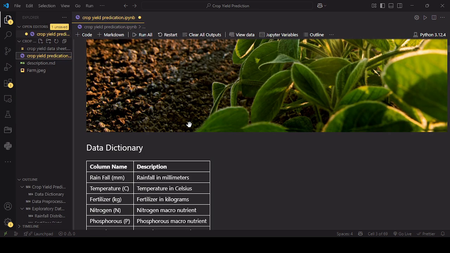It has a data dictionary with columns: rainfall in millimeters, then temperature in Celsius, fertilizer in kgs, nitrogen as a macronutrient, phosphorus as a macronutrient, potassium as a macronutrient, and yield in acres. So as not to waste time, I have already imported the modules that are required right here,